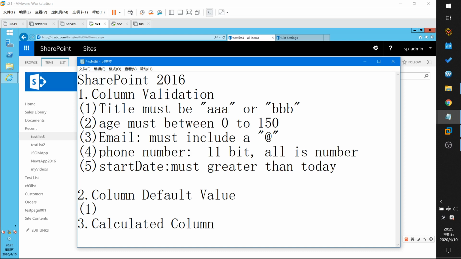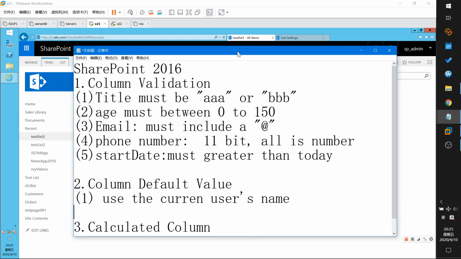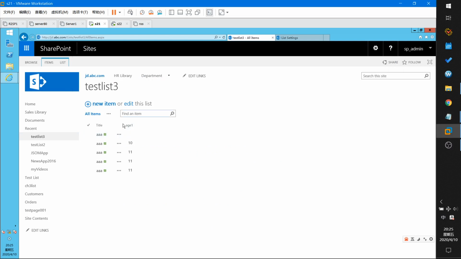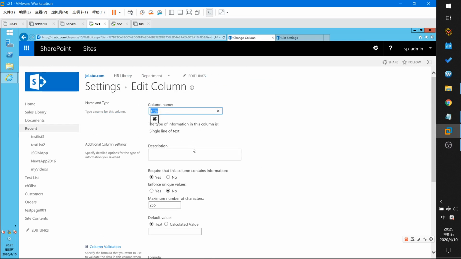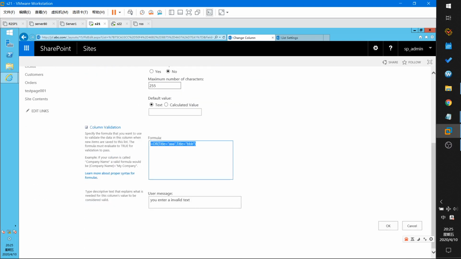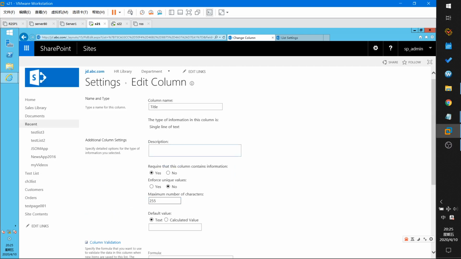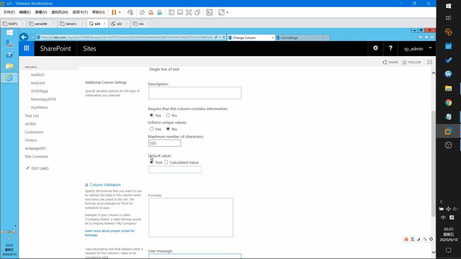First, I will use the current user name as the default value. I can demo it by just inputting to the title column. So I go to list settings, and I click title, and I must delete the formula, delete, and in the default value,